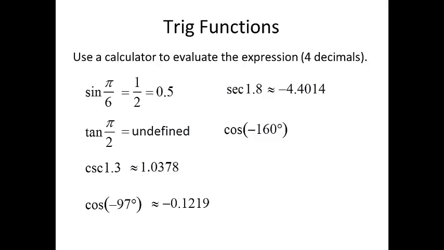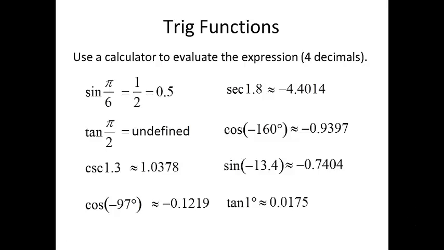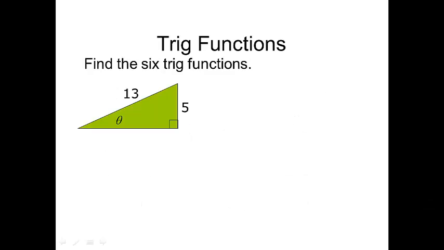Cosine of negative 160 degrees, negative 0.9397. This is in radians, and that is negative 0.7404. Tangent of 1 degree is 0.0175. Okay, now that you know how to put them in your calculator, let's try some ones that we won't